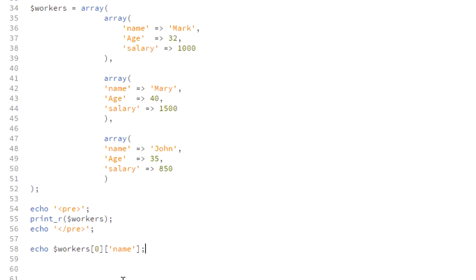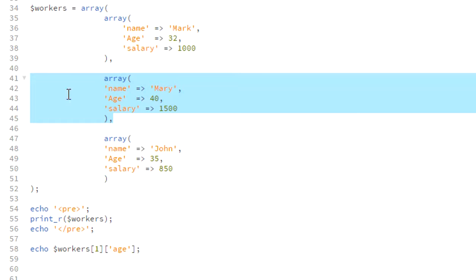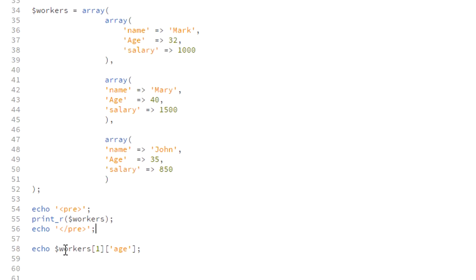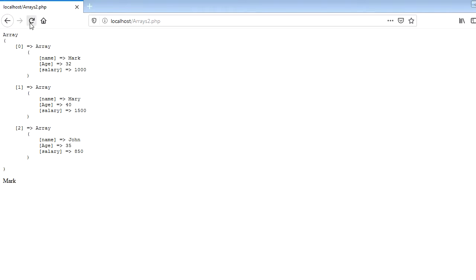Let's say I want to target this second one, and I want to target the age. So let's say here age, and the index is index number 1. So I went to index number 1, which is this array right here, and inside that I took the age. I used the age key to get this value, which is 40. Let's save, refresh,